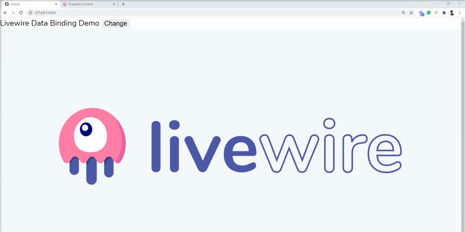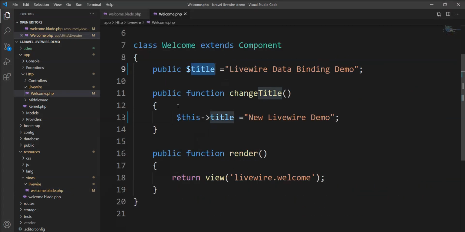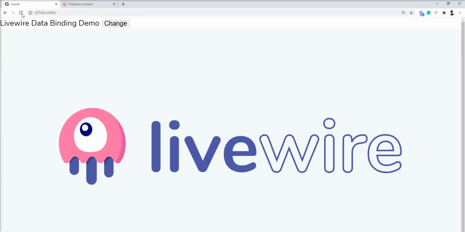For example, I have a title variable in this component. I created one variable with the name title in the last tutorial, and you can see here this title variable is rendered as output in this component.